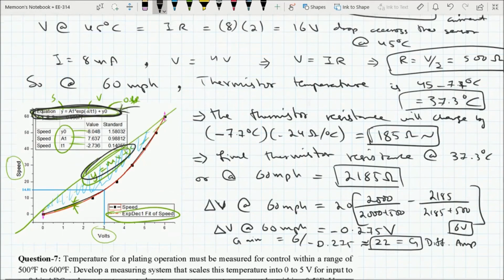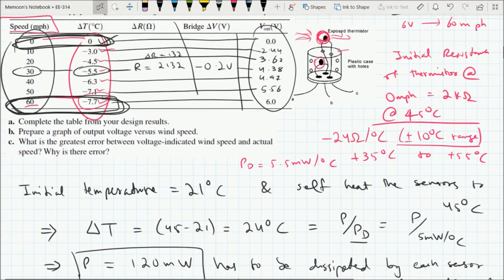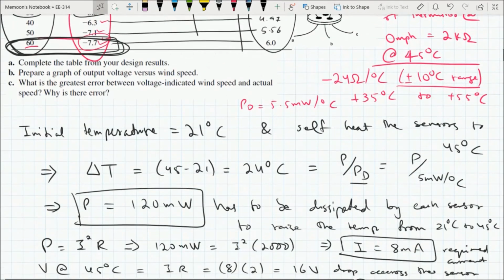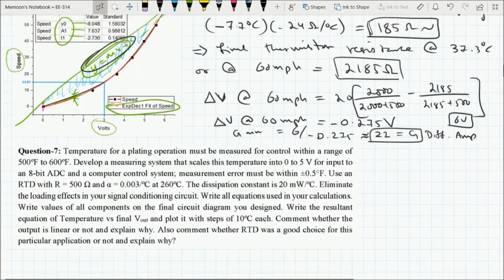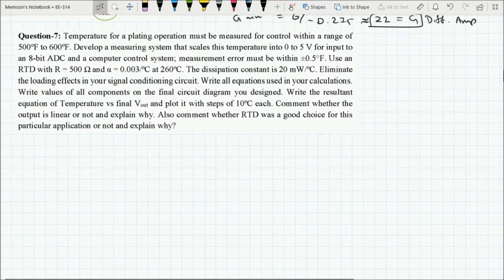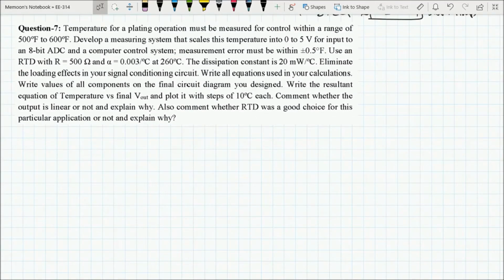So this was a fairly interesting example based on resistive sensors and with a fairly interesting application of temperature sensors as airflow speed meters. Now let's move on to your next design problem related to, again, resistive sensors: signal conditioning circuit design for resistive sensors.